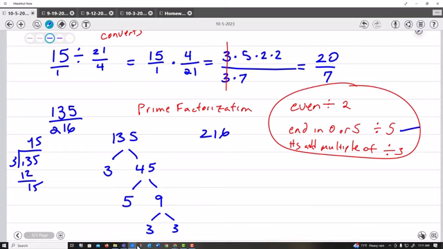And so I can do the same thing with 216. Let's see if that trick works. 2 plus 1 is 3, plus 6 is 9. Well, what do you know? So both of these I can see have in common that 3. And then I think of 72. I think of 8 times 9. It's just what comes to me when I think about this. And then that would be 2 times 4. The 9 is 3 times 3. And then the 4 is 2 times 2. So this is